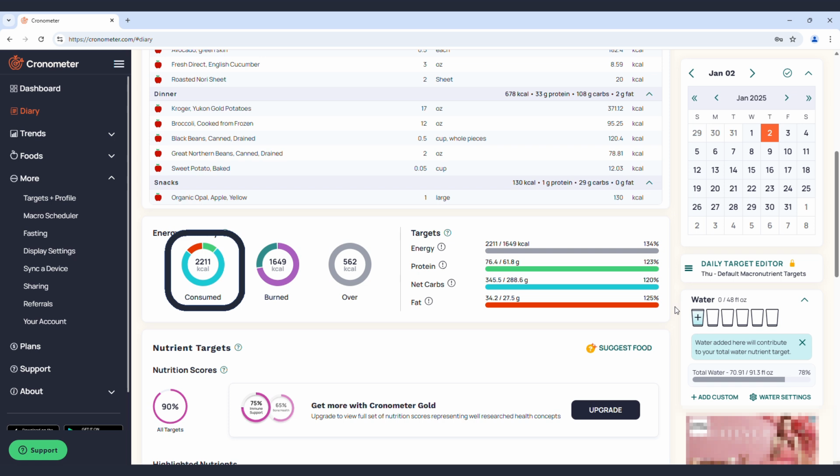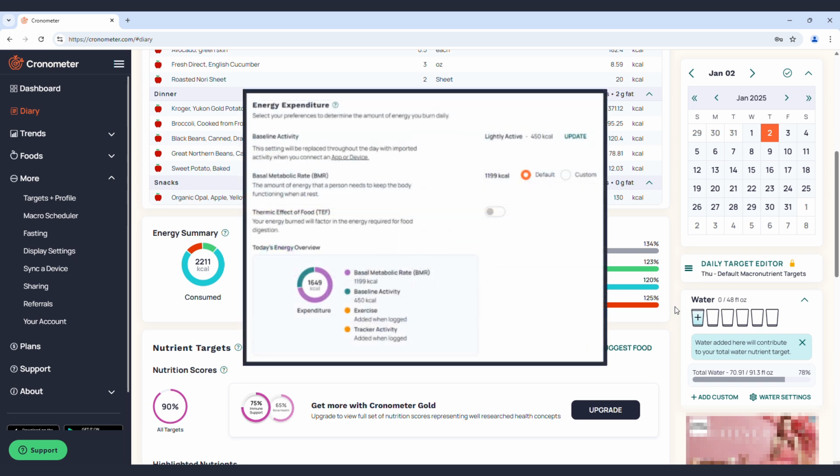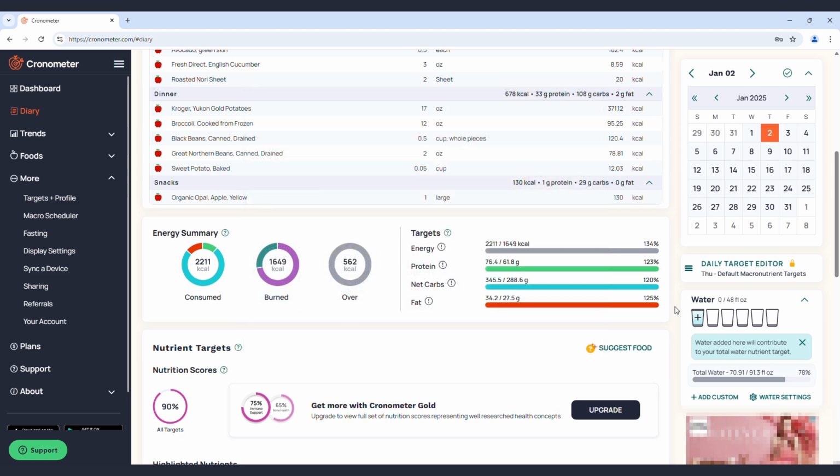The first chart is the number of calories you've consumed. The second box is the number of calories that it's estimating you need. This is based on the information that we input at the beginning, including the basal metabolic rate and your activity level. As I said before, my information is not necessarily accurate since I haven't updated it. But if everything was accurate, theoretically this should be a pretty good estimate of the amount of calories you might need. The last chart is the number of calories you are over or under the target. So if you were trying to gain or lose weight, these numbers would be different based on that information.